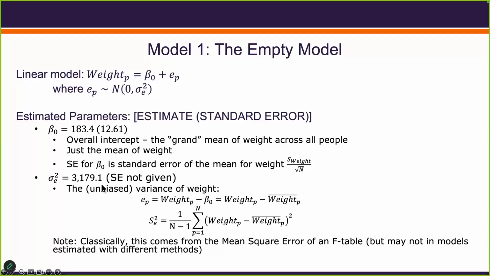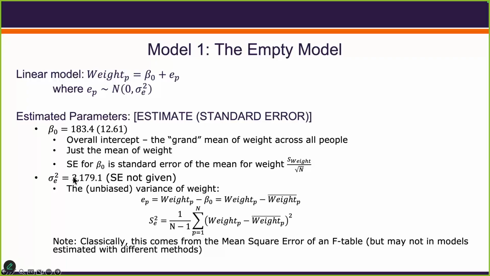Interestingly, why is there no standard error? We'll get to that in just a bit. That was the variance of weight. So if you literally want to quickly get a variance in descriptive statistics, throw it in lm and have outcome tilde 1, and you get the mean and the variance, which are unbiased. Now, I will note this 12.61 is the standard error of the mean. Often in the statistical models we get into, the standard error of the statistic tells you how much variation there is in the mean, and it turns out that is actually the square root of this value